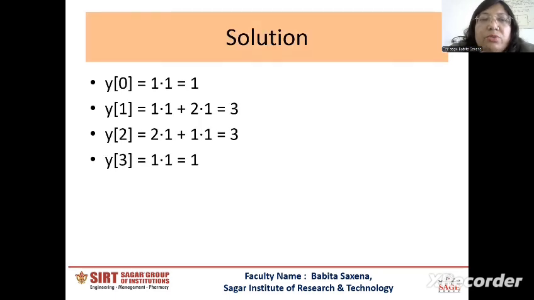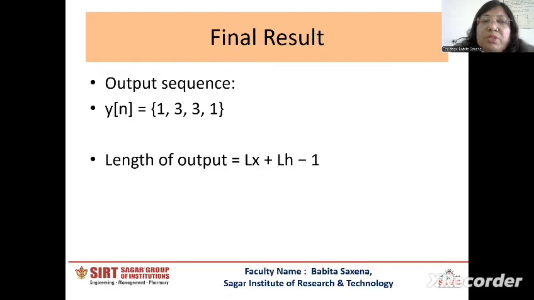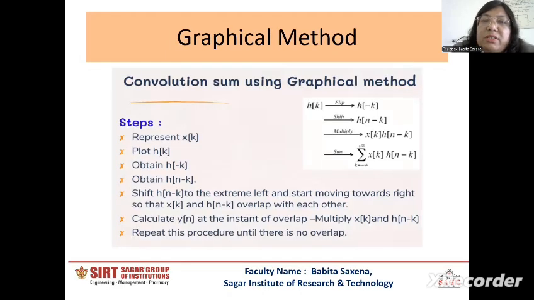Here, in this signal x[n] has two samples, 0 and 1, and h[n] has three samples, and the higher limit is 2. So the higher limit of h[n] is 2 and the higher limit of x[n] is 1. So 2 plus 1 is 3. So the higher limit of the output signal y[n] is 3: 0, 1, 2, 3. Okay, so this is the method for the output sequence.